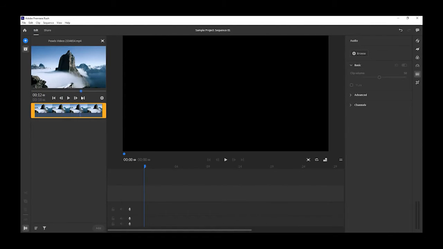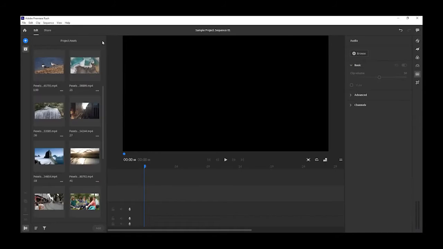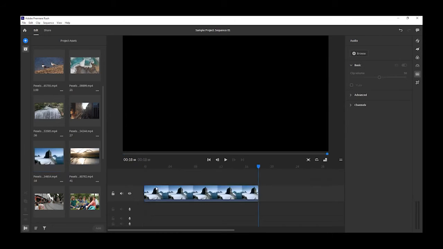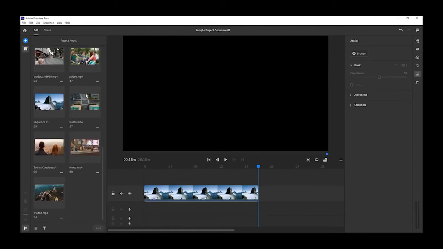I can scrub through it if I want to see it at a faster pace, going back and forth. I can go ahead and add to selection. I can go up here and go back to grid view, and I can touch it once and hit add, or I can just drag it over and drop it. So whichever method you want to use, add one video clip out of all these that you want to use